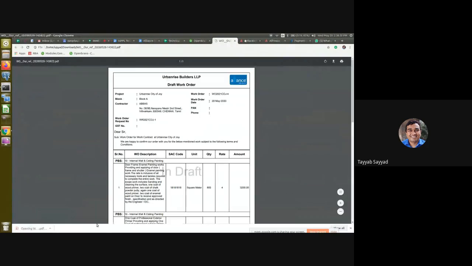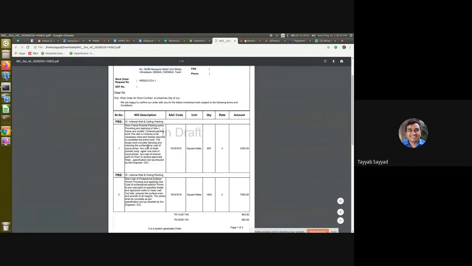So this will show as a draft work order in the name and in the watermark also. And against which request number this got created, the details of the contractor, and basically the PBS and the details of the work activity.